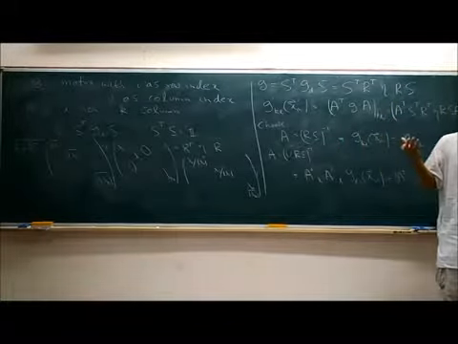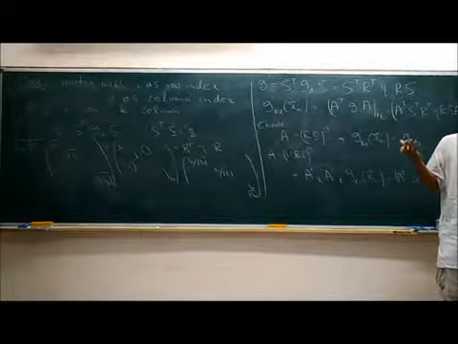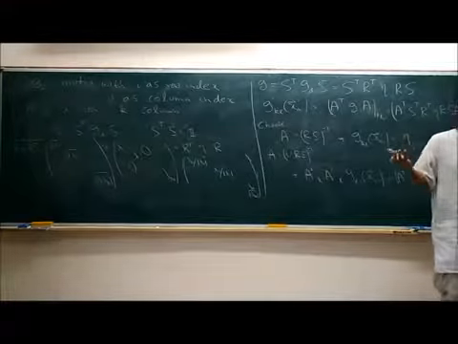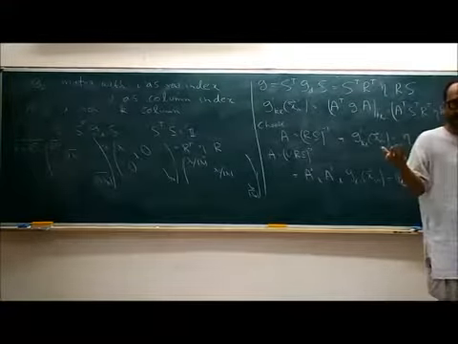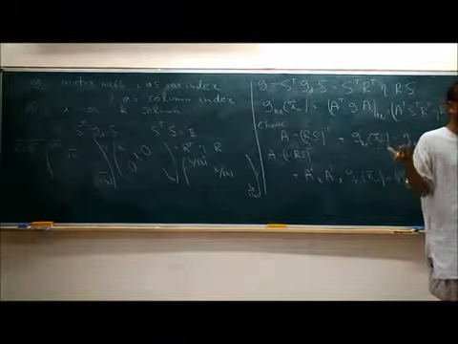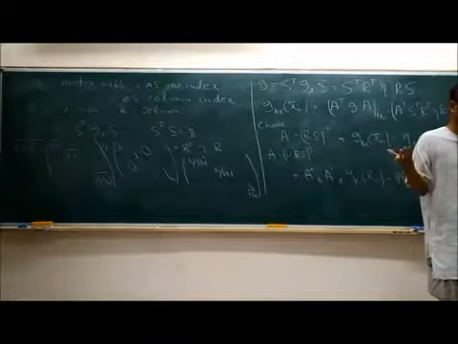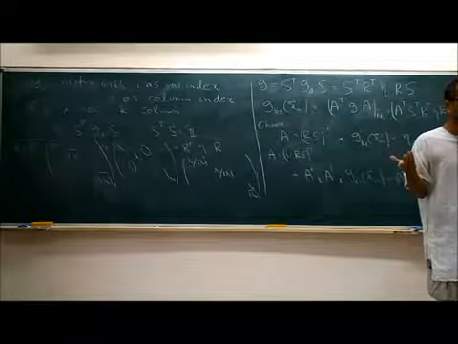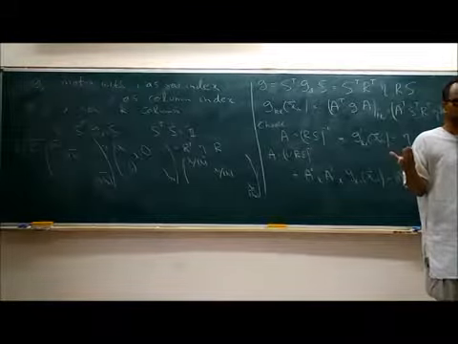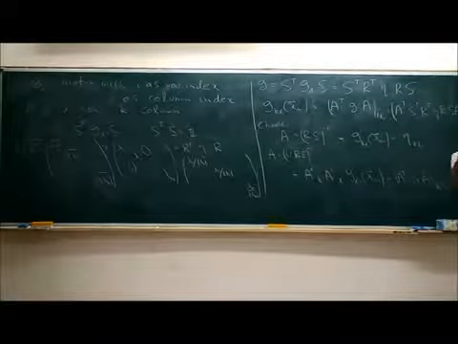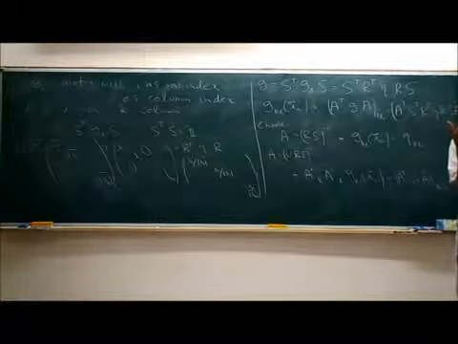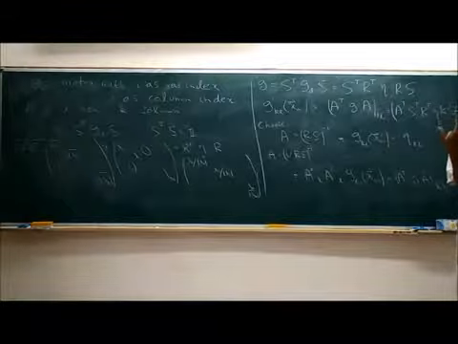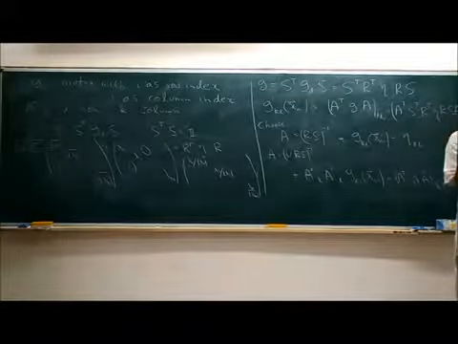Aij has how many independent components? Aij has n square independent components because Aij has no symmetry requirement, right? So n square is larger than n into n plus 1 by 2. By how much? It is n into n minus 1 by 2. So the difference is n into n minus 1 by 2. And what is n into n minus 1 by 2? It's an antisymmetric matrix, the number of parameters that an orthogonal matrix has.